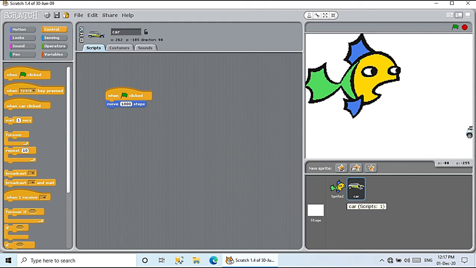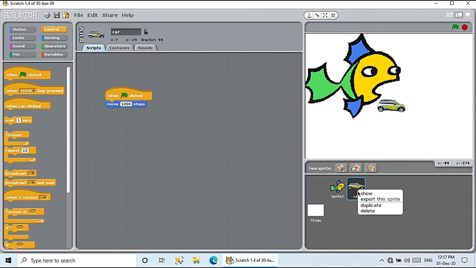Now if I want to see my sprite back, it will not be possible for me to drag. Just now I can drag, but if not even a part of it is visible, then I click on this show button. As soon as I click on show, this car comes at the center. So you can use this for getting back your sprite on the stage.